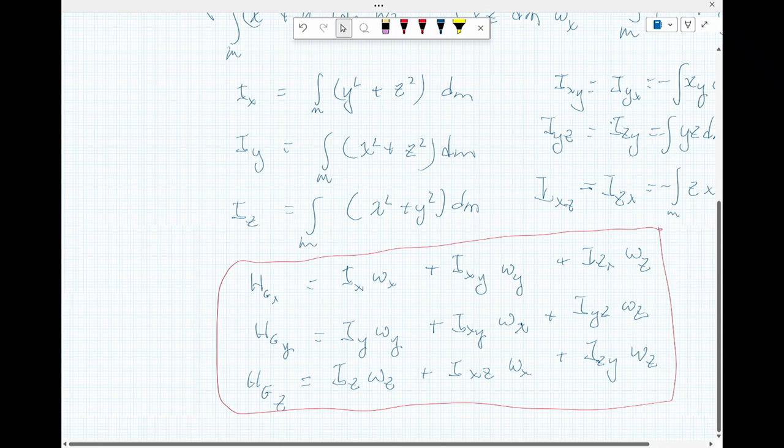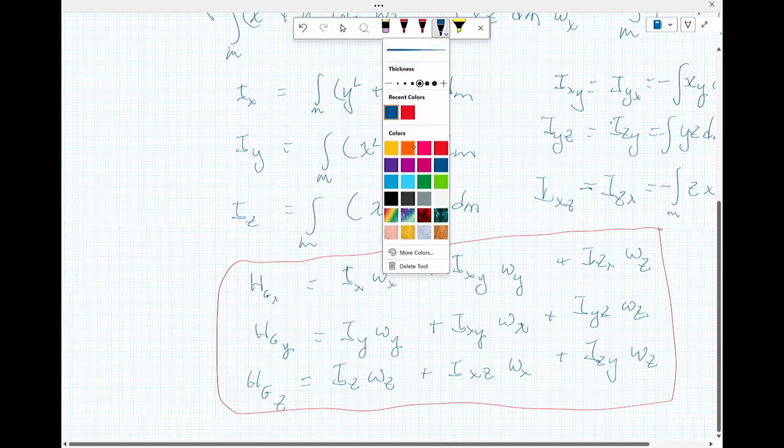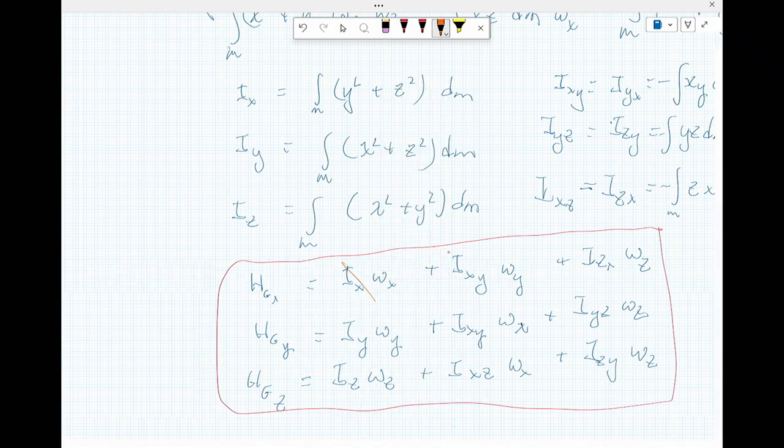But I don't have three-dimensional motion in this course. In this course, the only type of rotation that's occurring is about the z-axis. Everything else is 0. It can't rotate into the board about the x-axis. It can't rotate about the y-axis into the board. It can only rotate about an axis normal to the board. So that translates to getting rid of all the right terms. All those terms